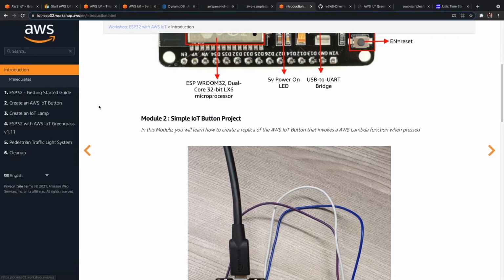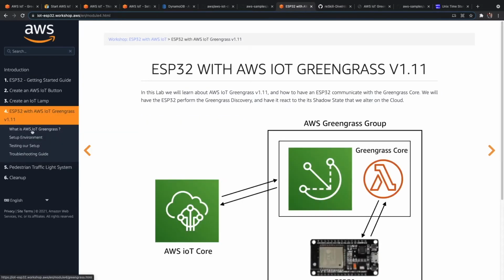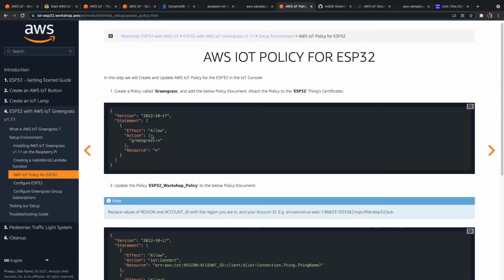Now, when we want to communicate with Greengrass, we need to give the permissions as well. So how do we give permissions? In the setup, when we specified the policy, we also should allow this to connect to Greengrass. So this is what we need to add. Statement effect allow, just like how we did for IoT star, we need to do for Greengrass star as well.